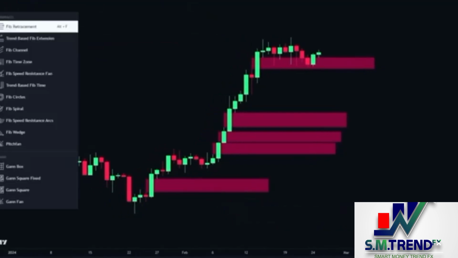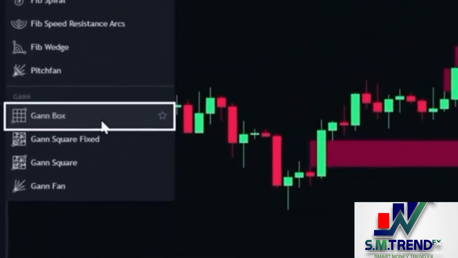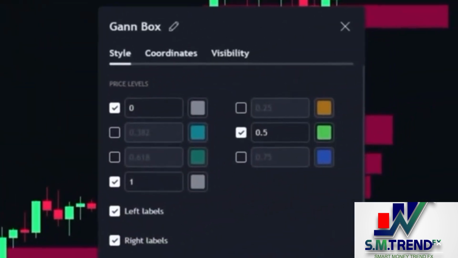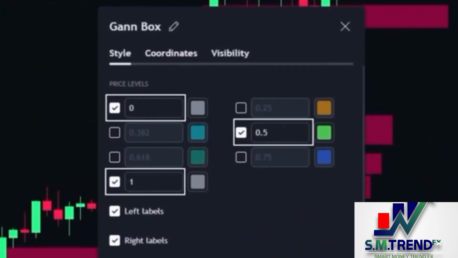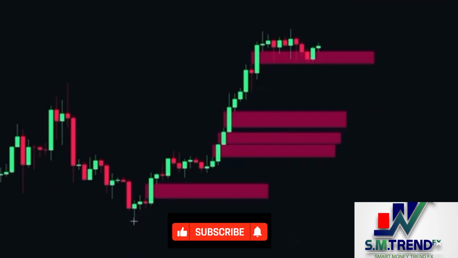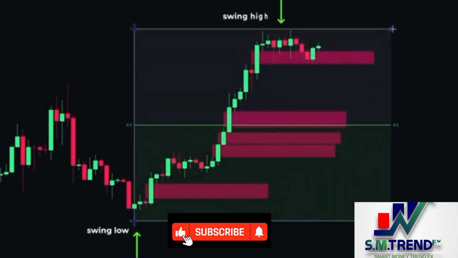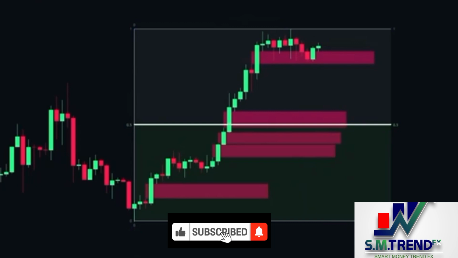On a charting platform like TradingView, you can use the Fib box tool. You then go to Settings and set the price levels to 0, 0.5, and 1. To use the tool, you drag it from the swing low to the swing high of the movement that contains multiple fair value gaps. This line in the middle separates the fair value gaps, and you should only focus on the gaps located on the bottom area,